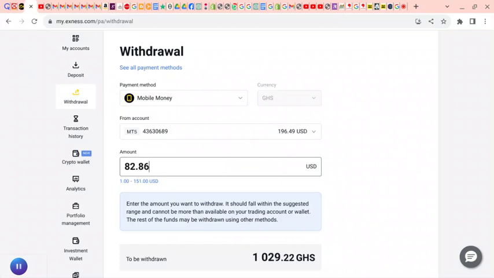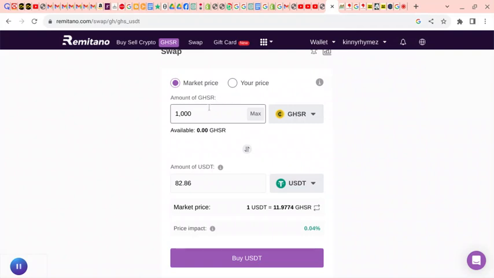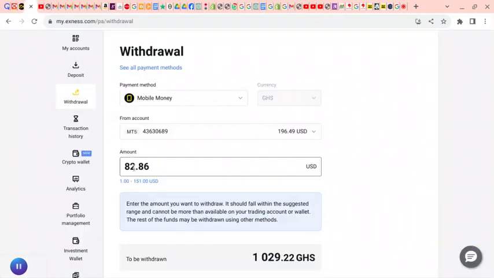It's 1,000. So it means that even if I'm doing Remitano to Xness, I'm earning 29 cedis per one trade. So imagine I have 10,000 Ghana cedis, or I'm doing 1,000 Ghana cedis 10 times. So let me come here and add another zero. 825.53. So it means that I'm earning